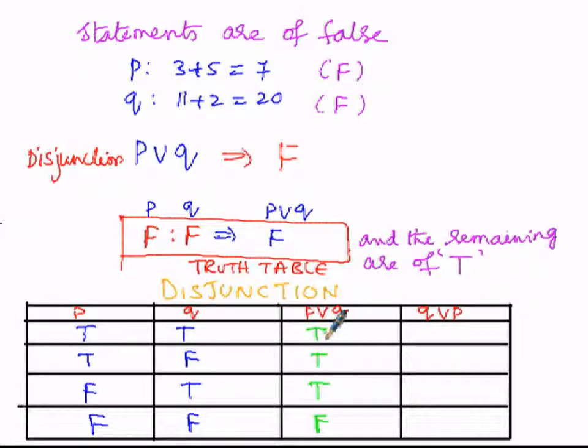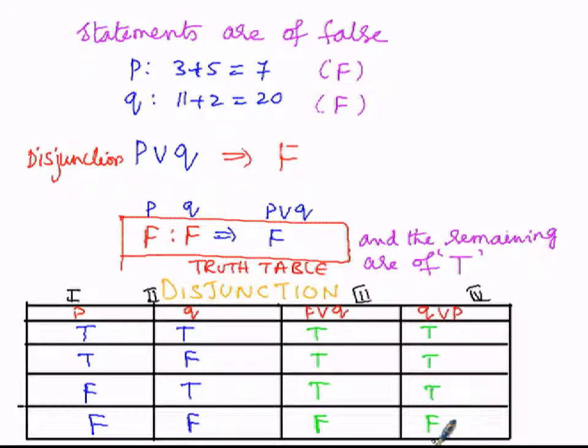And in the similar manner in case of Q or P, we have to search the same. So here F is F and the remaining will be true. So from this it is clear that, when we observe column number 3 as well as column number 4, this is column number 1 and this is column number 2 and this is column number 3 and this is column number 4. So when we observe the third and fourth columns, here it is true and true, and true and true, and the third row is also true and true, whereas the fourth row is false and false. So therefore P or Q and Q or P are equal.